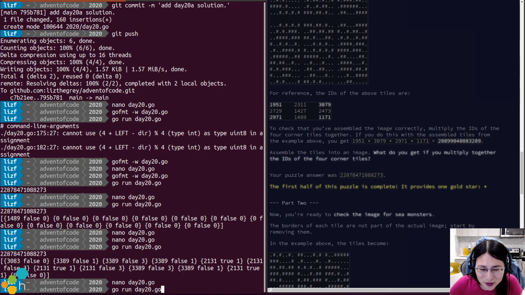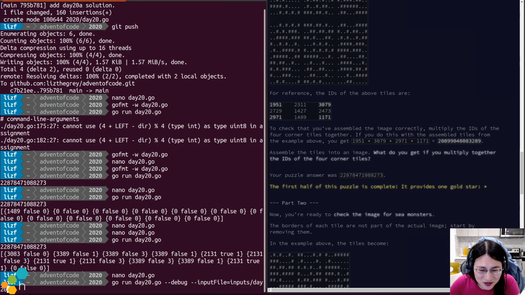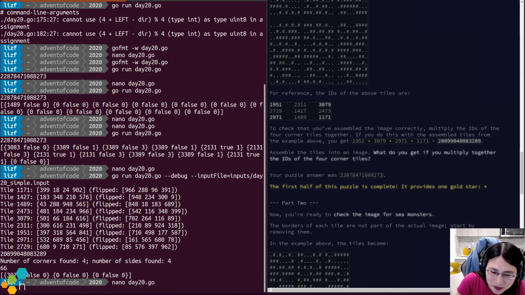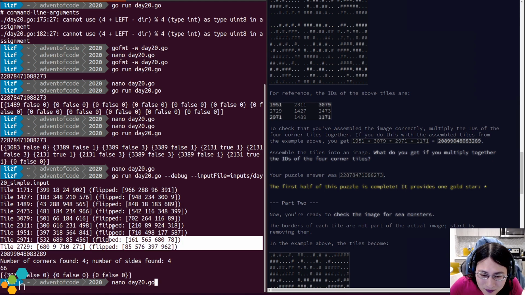Oh, I need to run it with... Okay, so now we start with a given edge, the given corner.